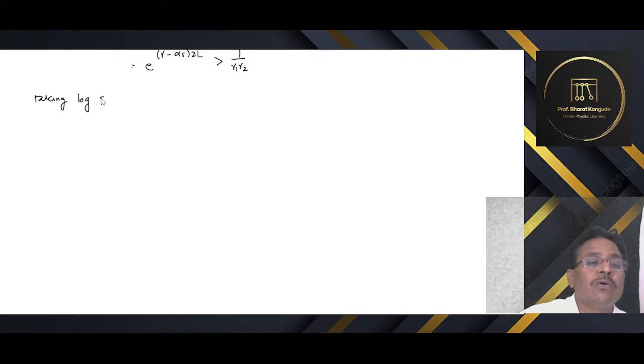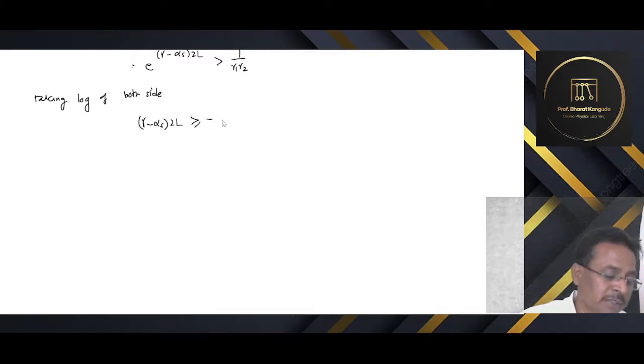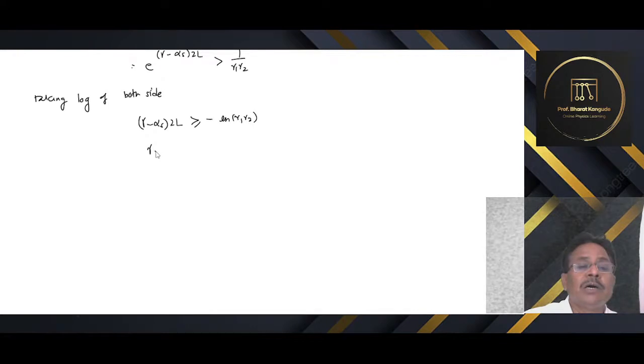Natural log of both sides. Now log and e, that gives me (gamma minus alpha s) into twice L, and since in the denominator, this will be greater than or equal to minus log of R1 into R2. This is the denominator, that's why negative log. Or I'll get gamma minus alpha s greater than or equal to,